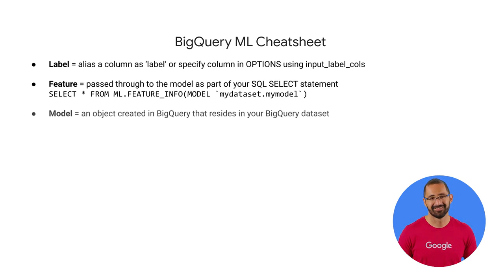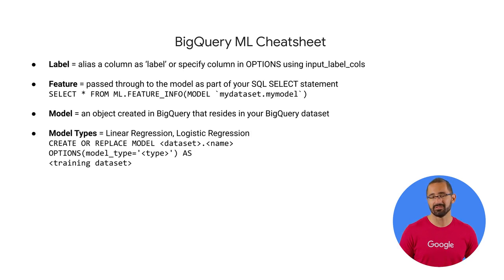analysis. Next is the model object itself. You train many different models, which will all be based on objects stored inside your BigQuery dataset, much like your data tables and views. Try clicking on a model object, and you can view information about when it was last updated or how many training runs it completed. Creating a new model is as easy as running create model, choosing that model type, and passing in a training